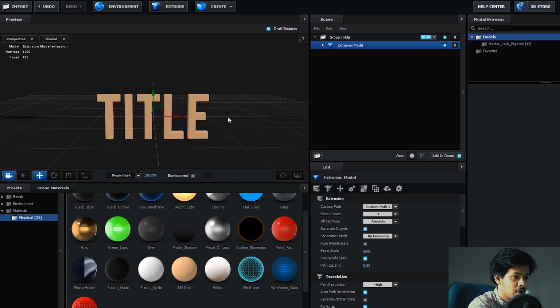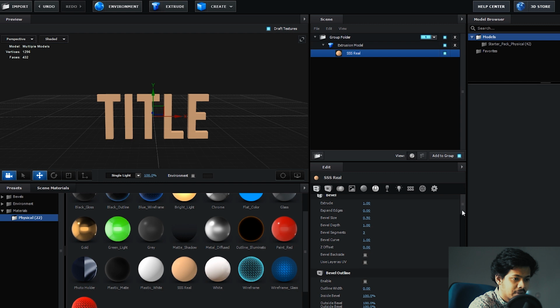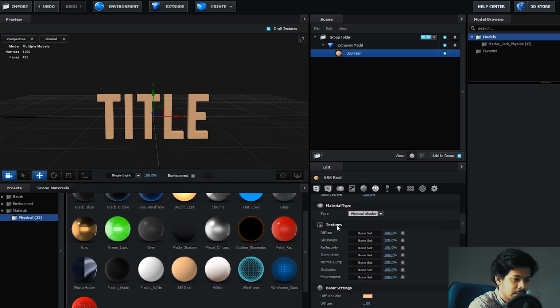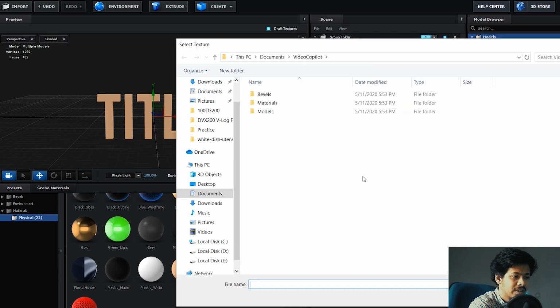To do that, all you have to do is click on this drop down menu and select this particular texture that we have just applied. Selecting this texture will load the different functions of this particular texture. Once you select this, come down to this particular section here and go down to textures. Now the first option here is diffuse. This is where we're going to add our own image. So click here on none set, then click here on load texture and load the image that you want to drop on this particular title here.